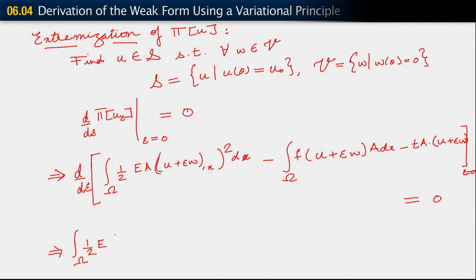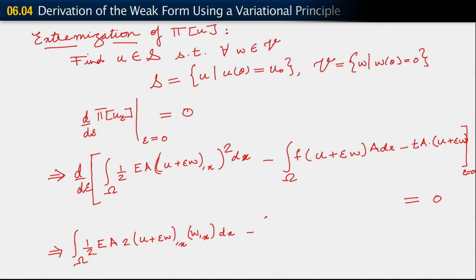Now, because of that square, we get 2 (U plus epsilon W) comma x, right, times W comma x, right, dx